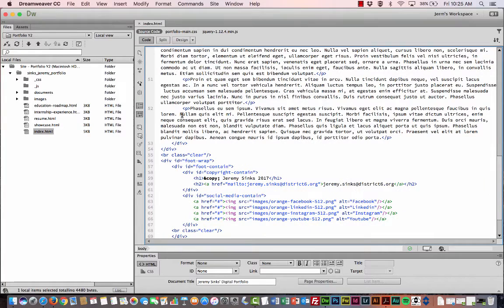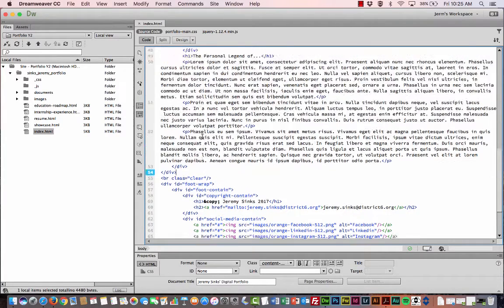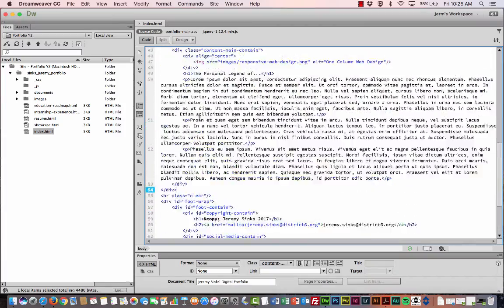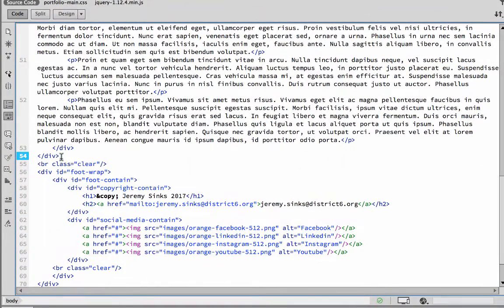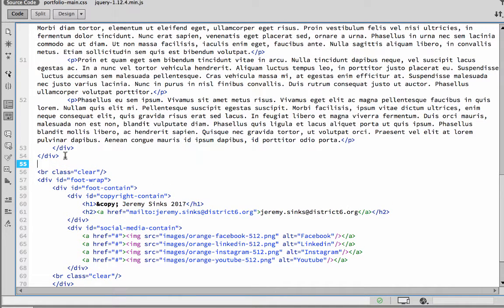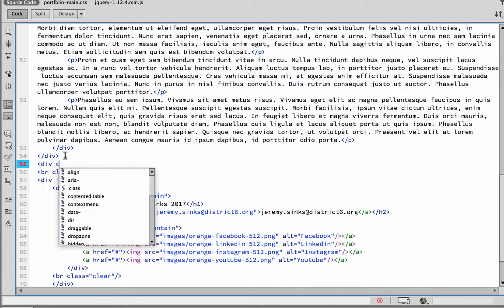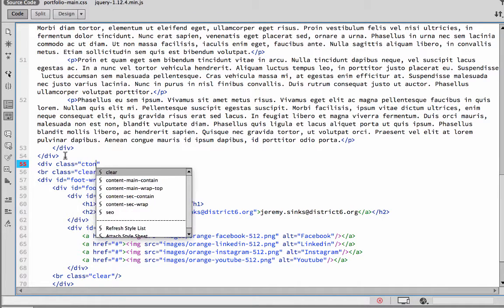And what I'm looking for is that closing div tag after the content main contain with my personal legend in there. So I'm on line 54 of my code. It might be different for yours. So I'm looking for that closing div tag right before that break class clear. And I'm just going to hit the enter return key and then type in a left caret, and we're going div class content